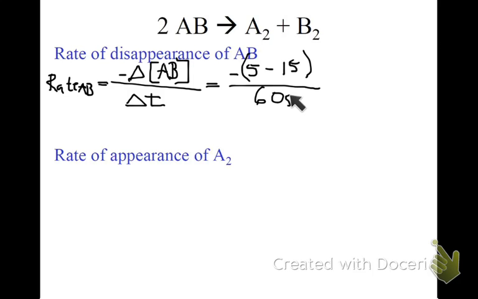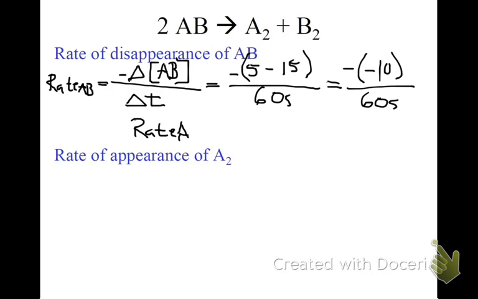So over the course of 60 seconds, the concentration changed from 15 to 5, so the change in concentration is negative 10, so a positive 10 divided by 60 seconds. So that means that the rate